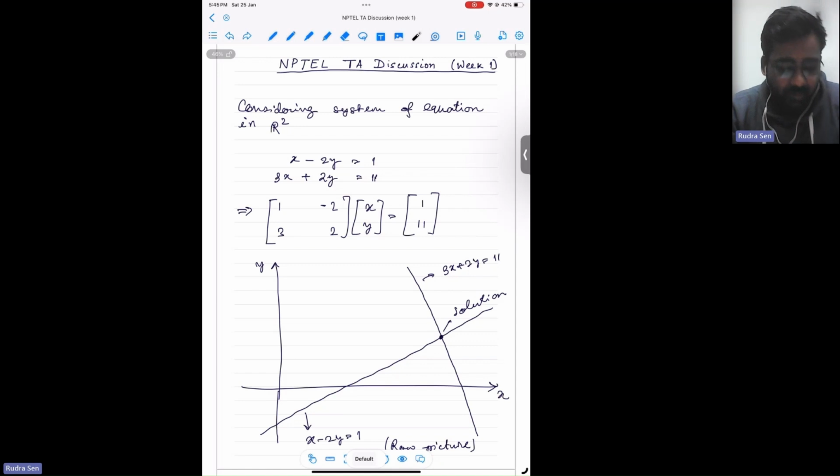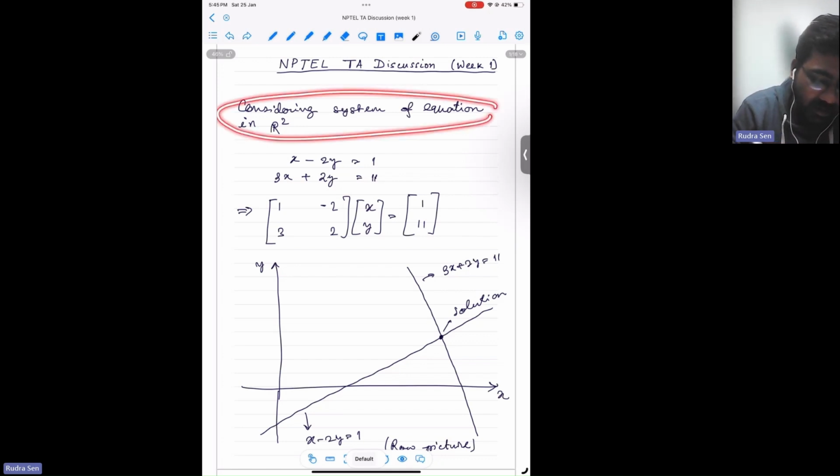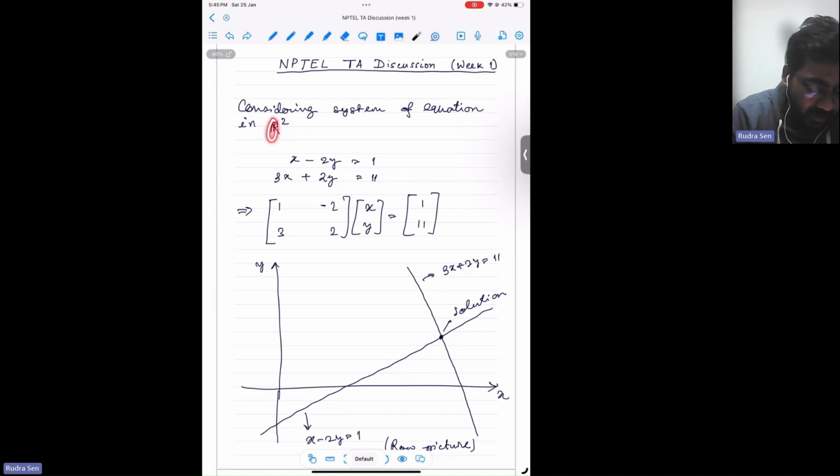So today we will discuss the solution of linear equations. First of all, if we consider a system of equations in R2, this R means real numbers and 2 means the dimension. So let's say we have an equation something like this, x minus 2y equals 1 and 3x plus 2y